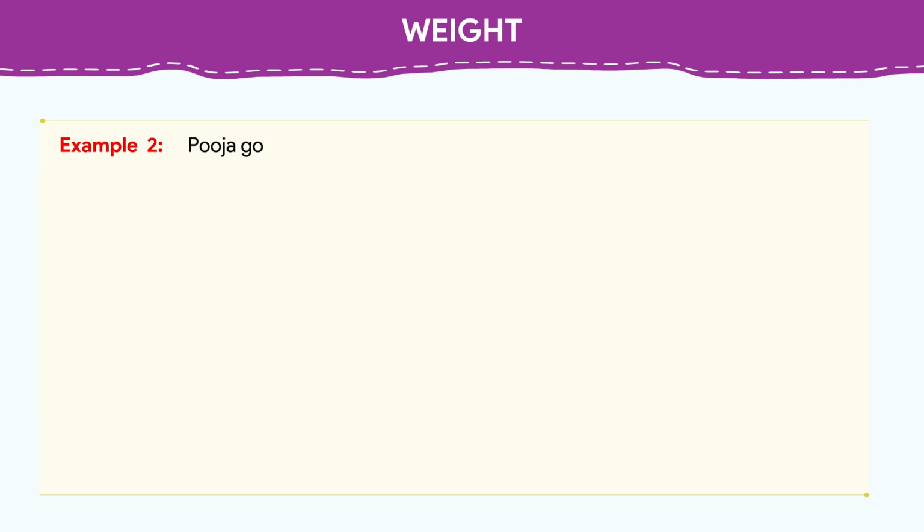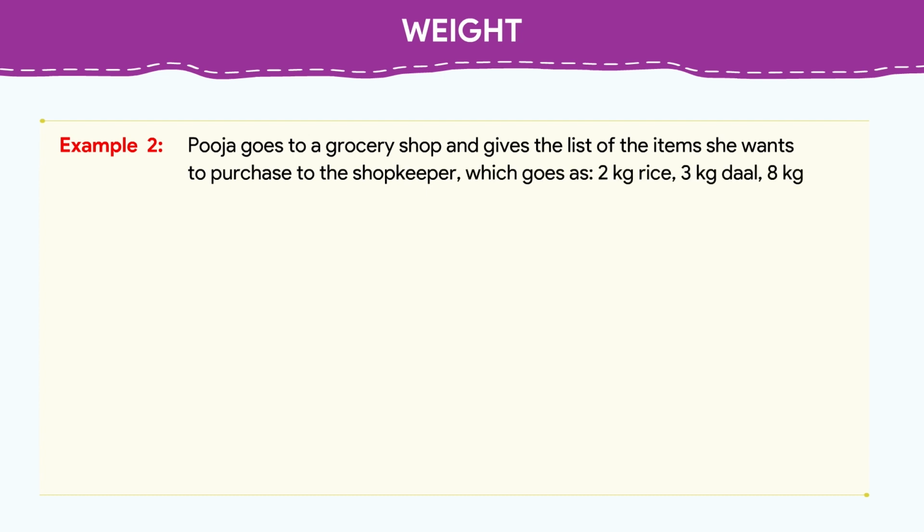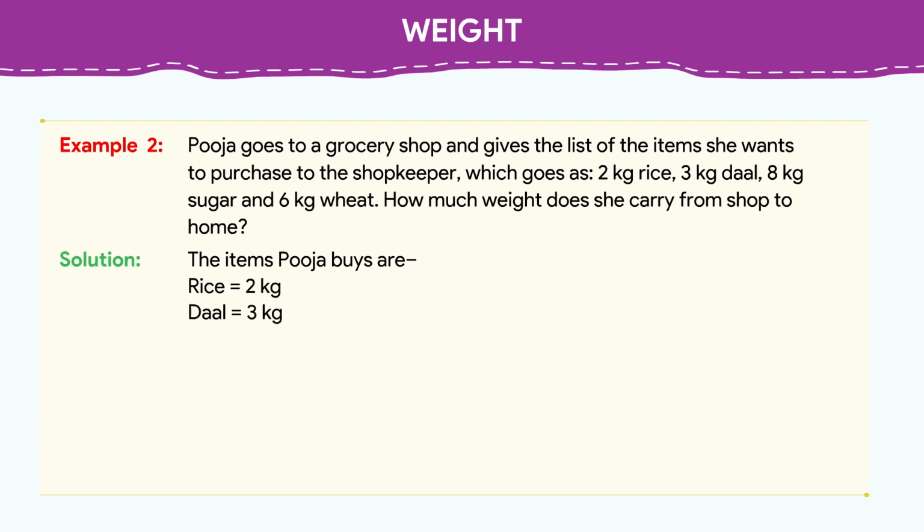Example 2. Pooja goes to a grocery shop and gives the list of the items she wants to purchase to the shopkeeper, which goes as 2 kilograms rice, 3 kilograms dal, 8 kilograms sugar and 6 kilograms wheat. How much weight does she carry from shop to home? Solution: the items Pooja buys are: rice is equal to 2 kilograms, dal is equal to 3 kilograms, sugar is equal to 8 kilograms, wheat is equal to 6